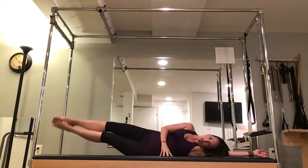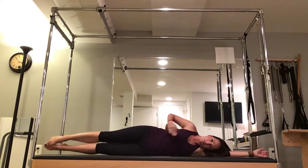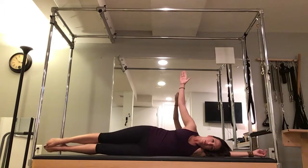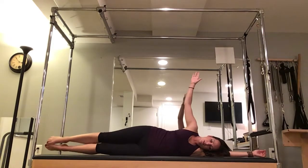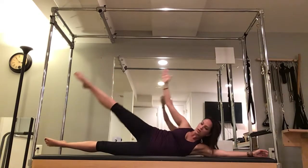It's okay if you want to come onto your bum a little bit, but I want to try and get that lateral flexion completely, like you have a pane of glass in front of you and in back of you. So you want to keep everything nice and flat, getting into those obliques, that lateral lift here. And then we add a windshield wiper onto this. We just reach. Good. Eight,